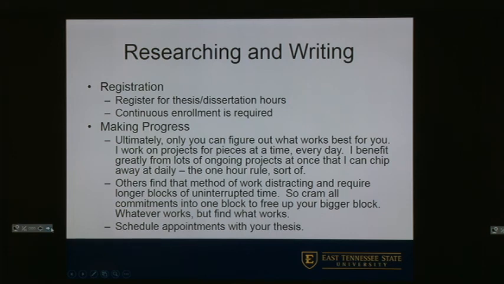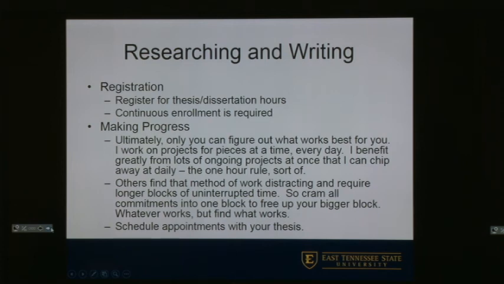Once you have your research and your writing, for programs with research courses, register for research. For programs with thesis and dissertation courses, register for thesis and dissertation. If your program has both, discuss with your research advisor and/or your graduate program coordinator which you should register for. In the sciences, at the master's level, you tend to register for research and then at the end register for thesis. This isn't how it works for every program.